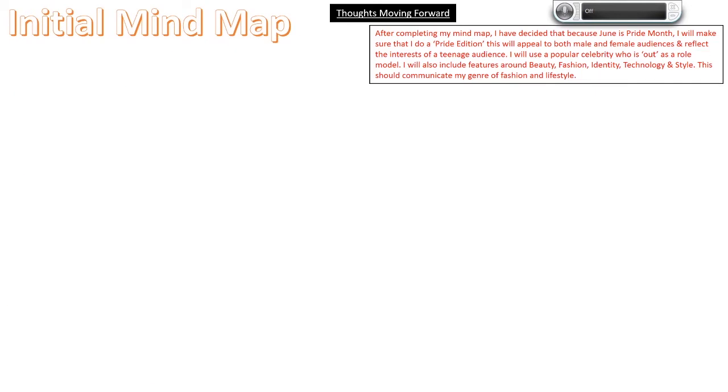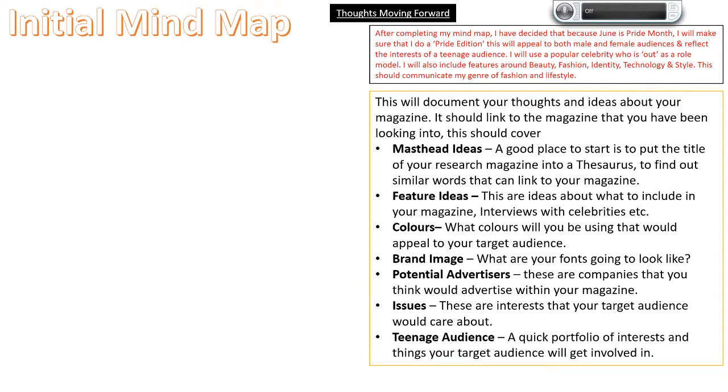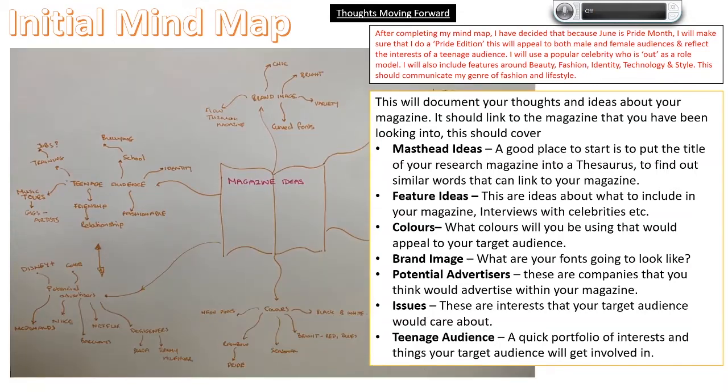So your initial mind map, okay, it should include ideas for mastheads, it should include feature ideas, it should include what colours you're thinking about in terms of appealing to your target audience, what brand image, what fonts are going to potentially look like, what your potential advertisers are going to be that would want to target a teenage audience, issues and interests that reflect your target audience, and a quick portfolio of other interests that your target audience may have. Alright, so once you've done that, you put it into your logbook, and then you just put some thoughts